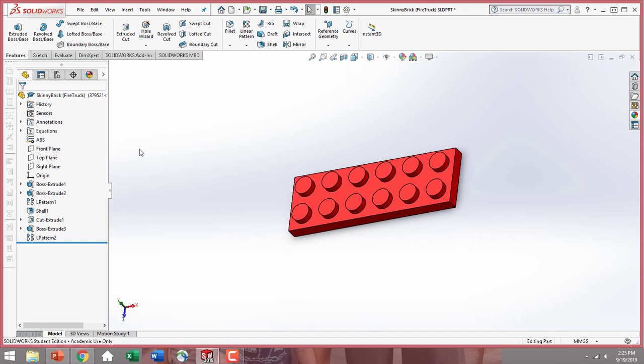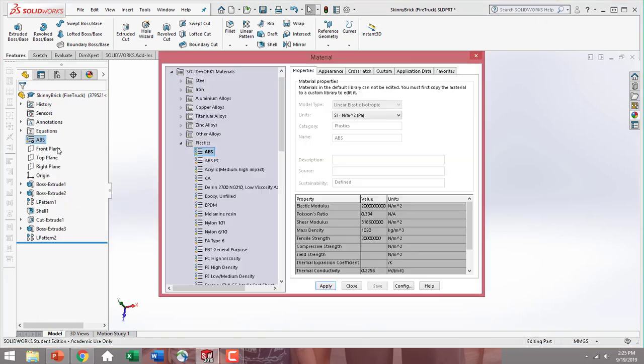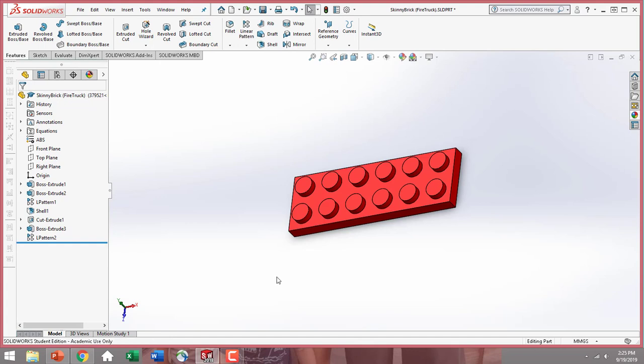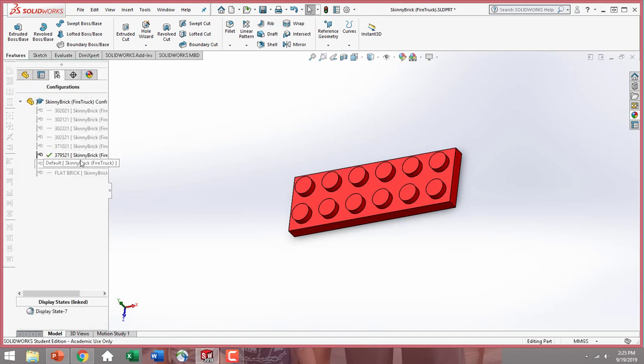Now that will make it so only this part stays red. If your part is not using plastic, under this it will say unspecified material. You can right click, go to edit material, and select plastic and ABS. That's what we'll use for all of our Lego parts. So now that I'm done with that configuration, I'm going to move to my second one, which is